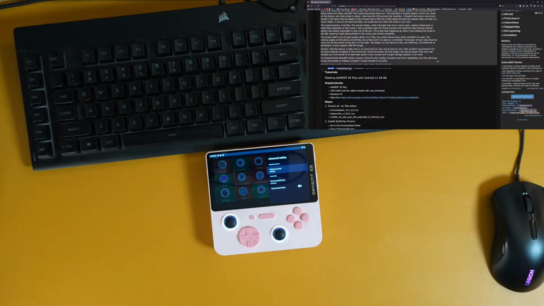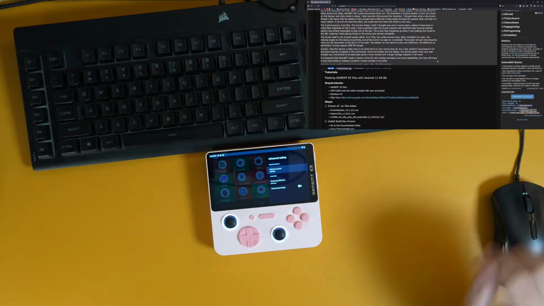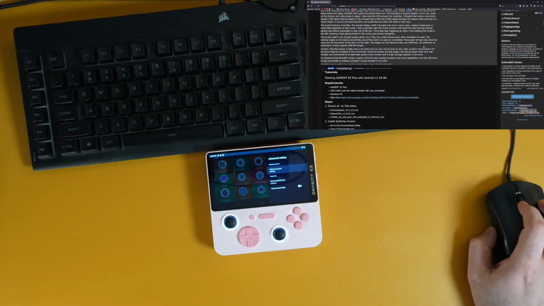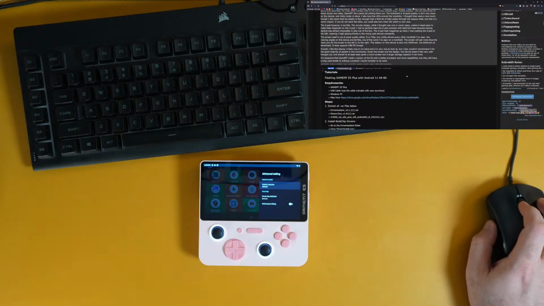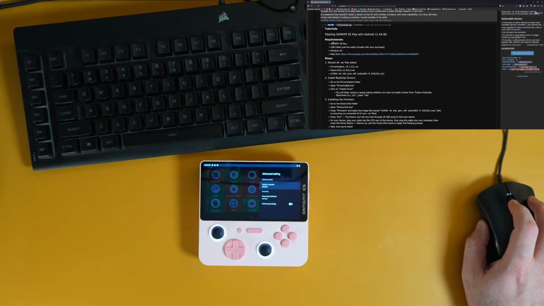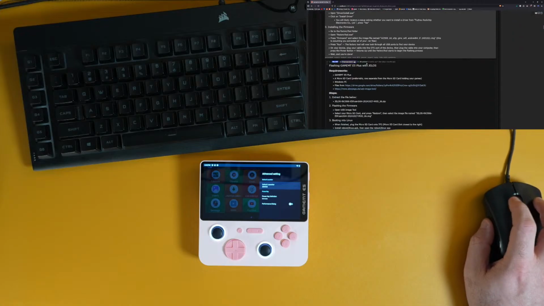It's awesome that GameMT made a version of the E5 with a better processor and more capabilities, but they still have a long road ahead of making a product I would consider to be solid. All right. It's definitely a device that I want to tinker with, which is what I love. So he's got a tutorial for flashing with Android 11